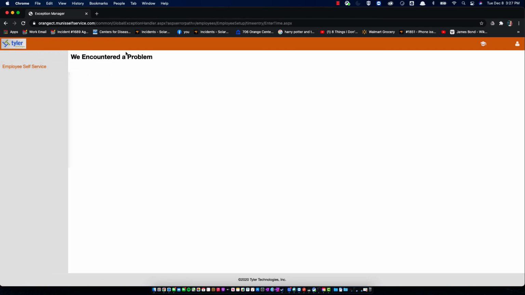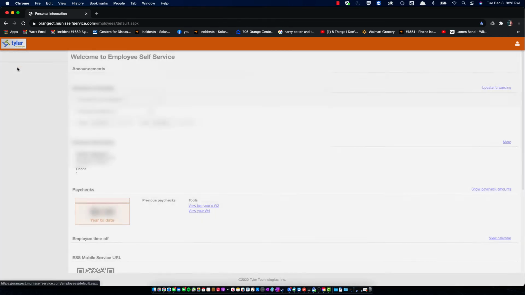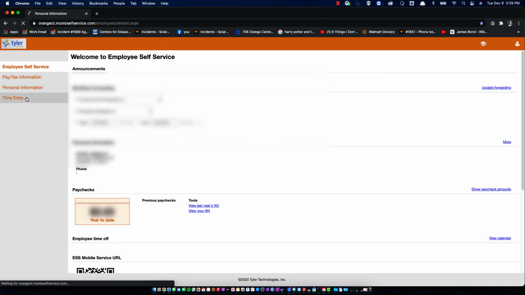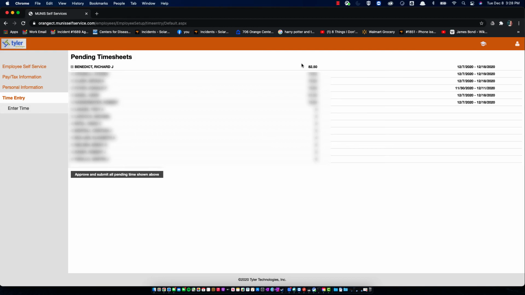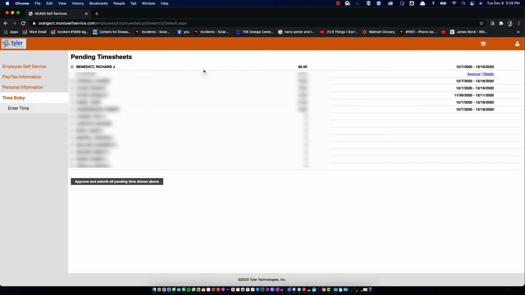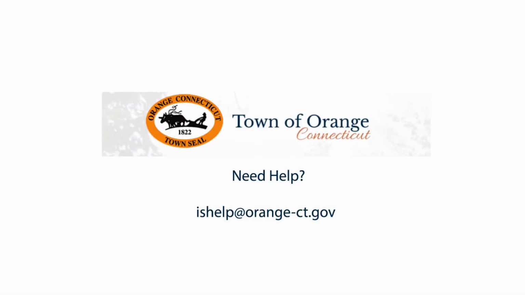If you run into an issue like this, you would want to click on employee self-service, and then go back into time entry. As you can see, we've got the time here, so we hit the plus button and we can hit approve. If you have any questions at all, please send a help desk ticket over to ishelp, or an email to